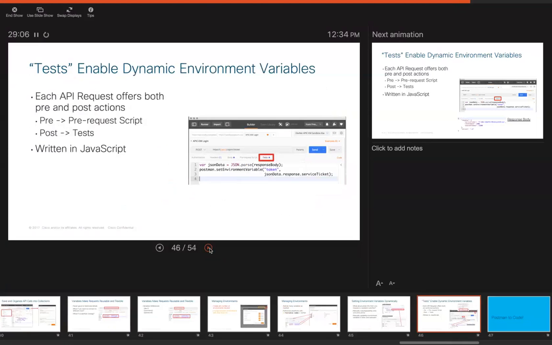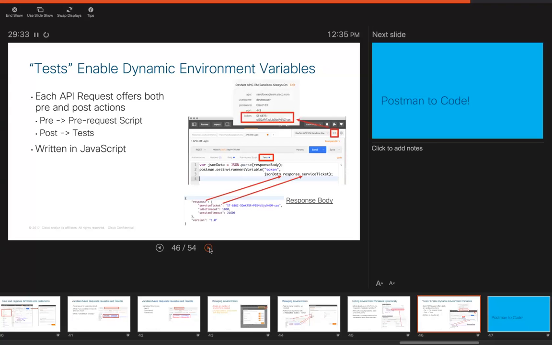Also, what's nice about Postman is that we can use this little short JavaScript piece here under the test headers. Within these slides, you'll be able to copy this piece down. Basically what this little JavaScript is doing is saying, when I get this service ticket back, I want to create a variable called token. And I want to put that variable token within my environmental variables, so the next time I have to make a call, the token's already there. So just another nice way to look at Postman in that respect.